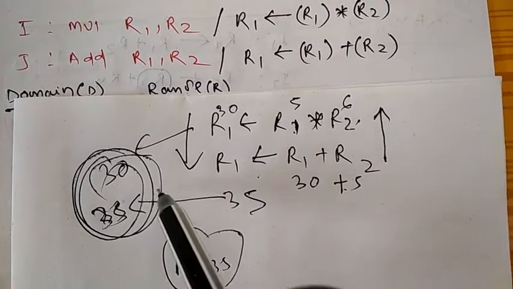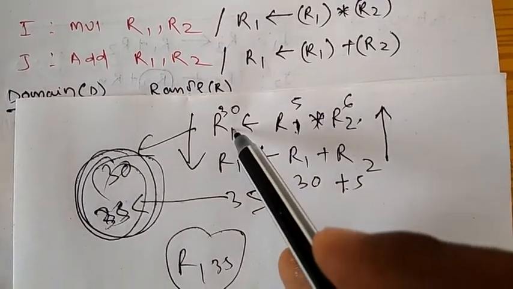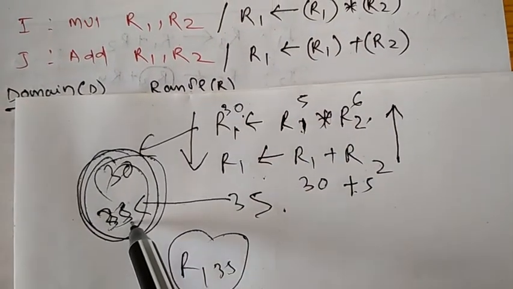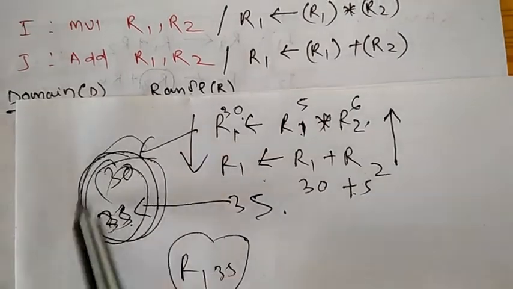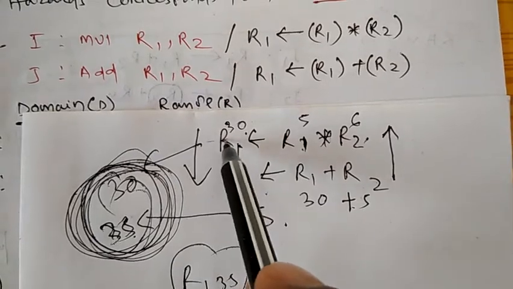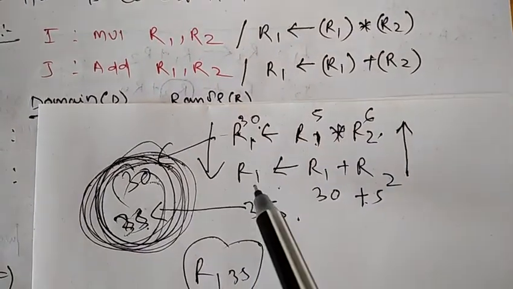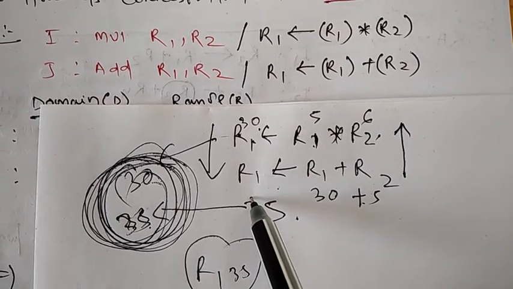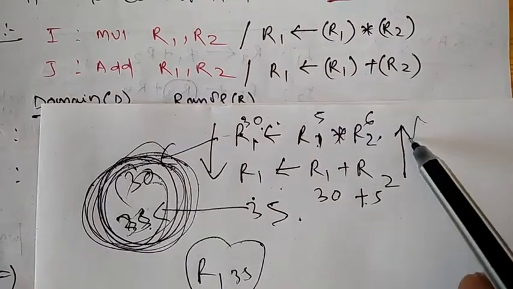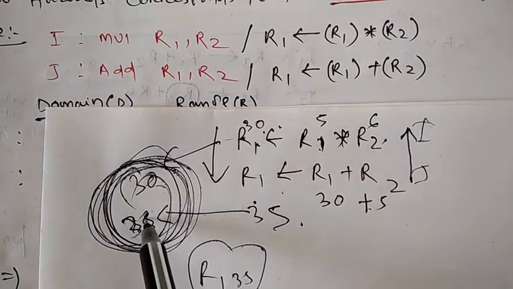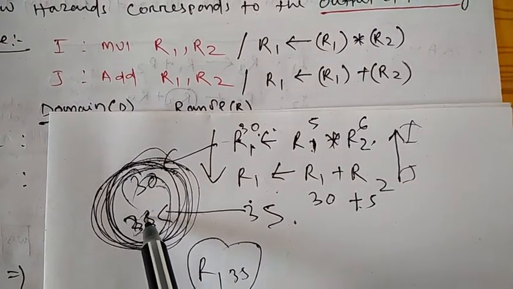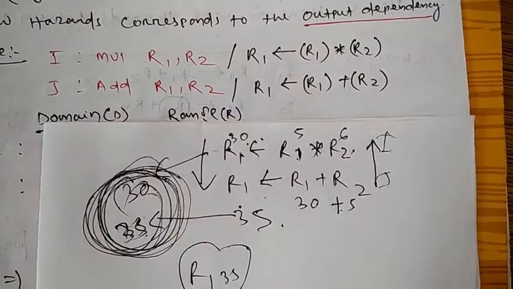Look, both are trying to write the same variable. This one is trying to write the r1 value, and that one is also trying to write the r1 value. Here the r1 value is 30, whereas the other r1 value is 35. Actually we have to get 35, but here confusion will be created. So it will create what? Right after right. If first instruction I writes r1, and then the second instruction, this one, j, writes, then no problem will be there. But here both instruction I and instruction j are trying to write into memory, the same variable's value. So it will create what? Hazards. Get it, everybody?